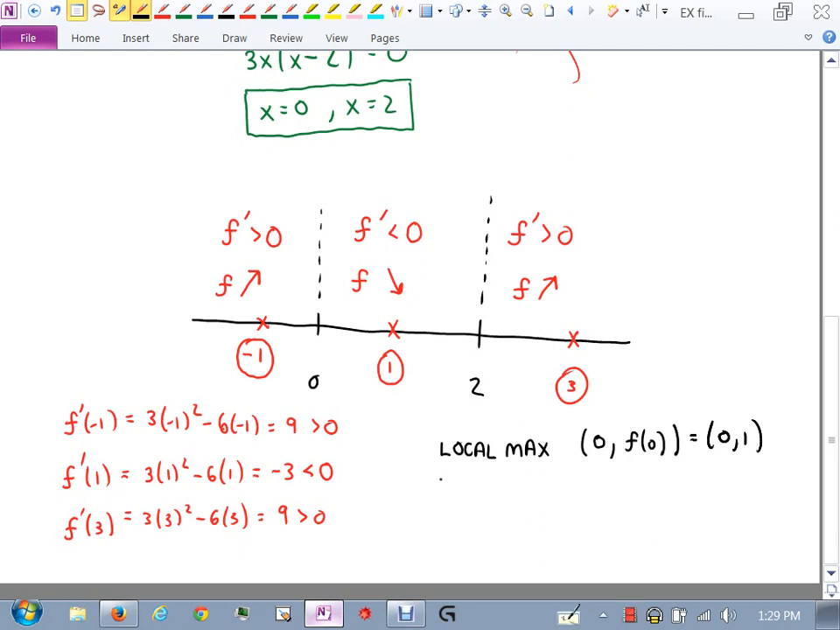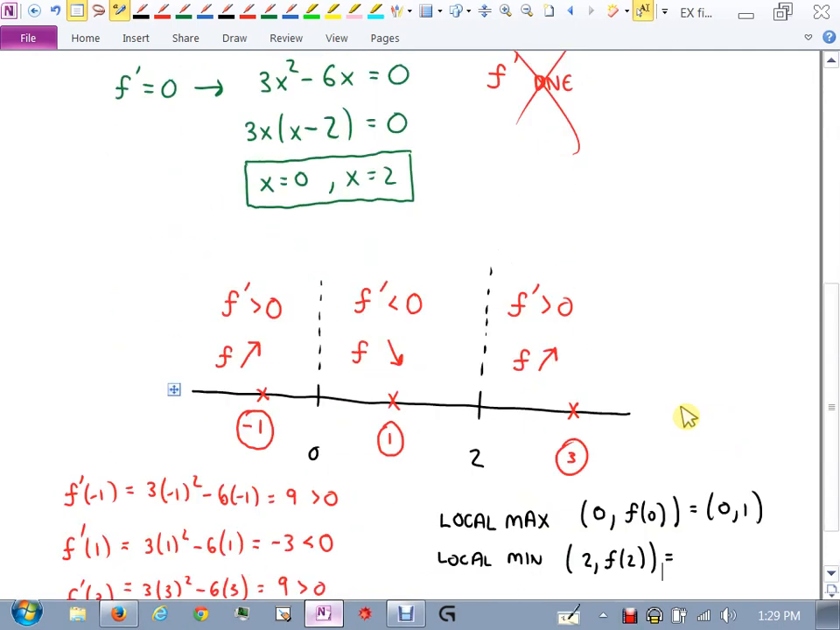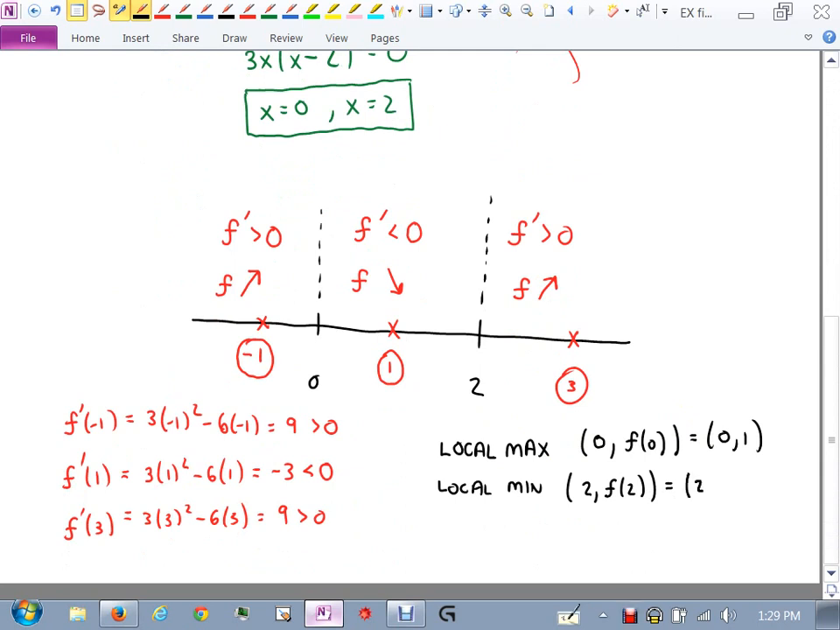How about a local minimum? Where's the local min? It happens at 2, right? So I need to plug in 2 into the original function. What happens if you plug 2 into the original function? You get negative 3? Everyone understand where I'm plugging those in? Well, I didn't plug them in, but